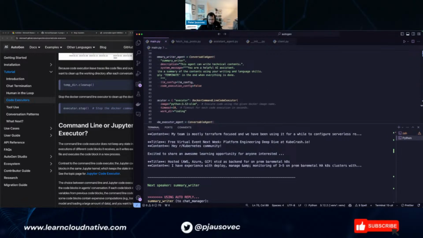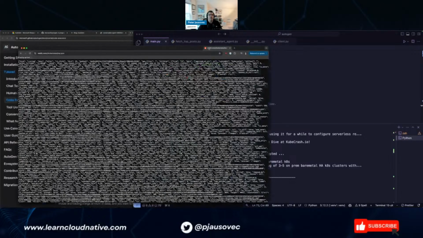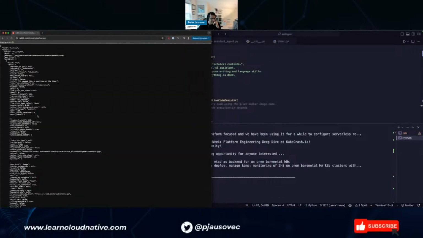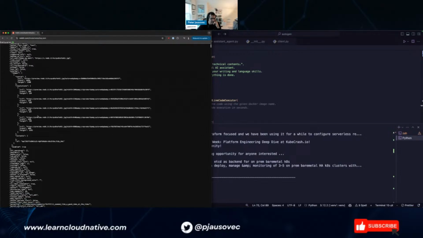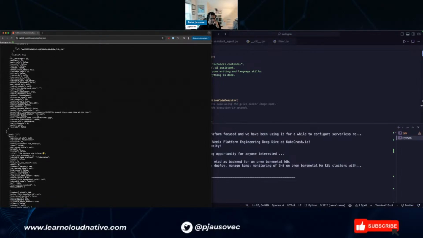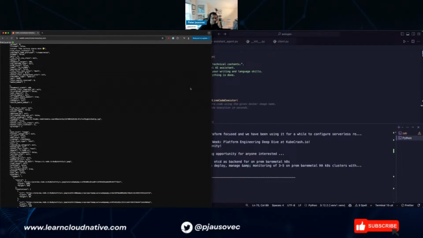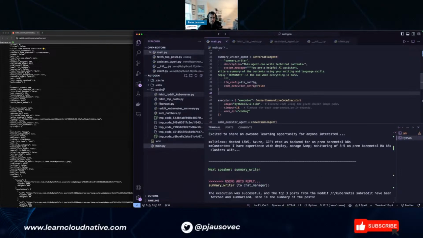I don't know why. Let me actually see. So Kubernetes slash top.json. Let's see. Preprint. Where is it? There it is. Data. Oh, it doesn't store the... Wait, how did the code look? I thought the contents were stored.